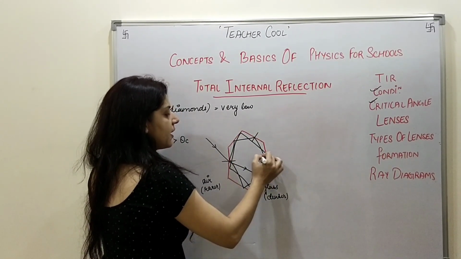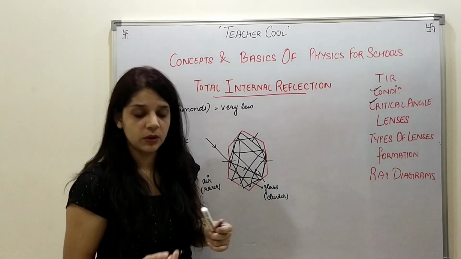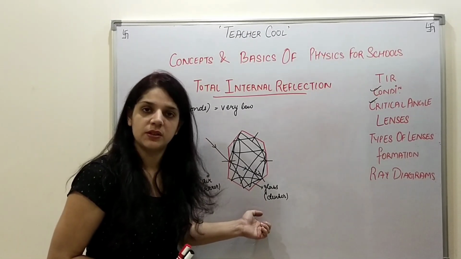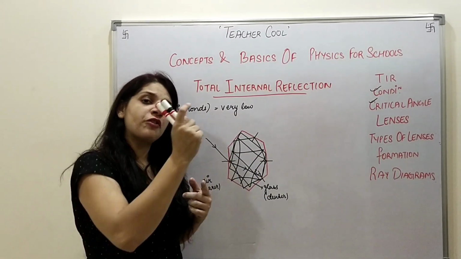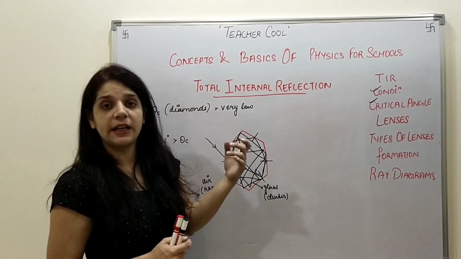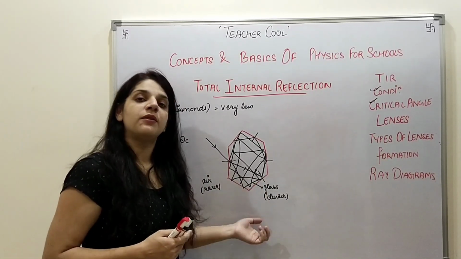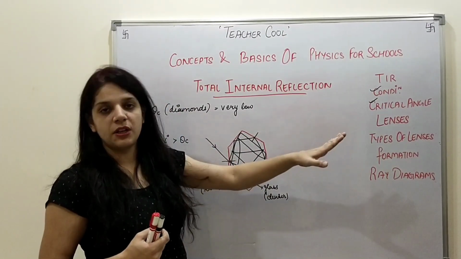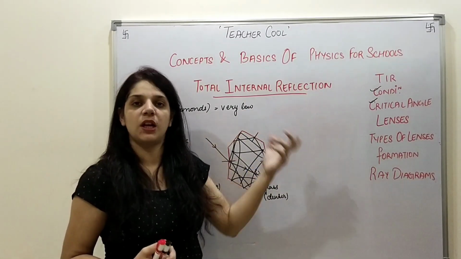And this results in actually capturing the ray of light inside the diamond only, which ultimately results in the sparkling of diamonds. The only thing which makes a piece of glass a diamond is basically theta c, the critical angle. If its critical angle is very high, it will not be a diamond. It will just be a piece of glass for which the ray will casually pass through, following the laws of refraction, and no total internal reflection will occur.